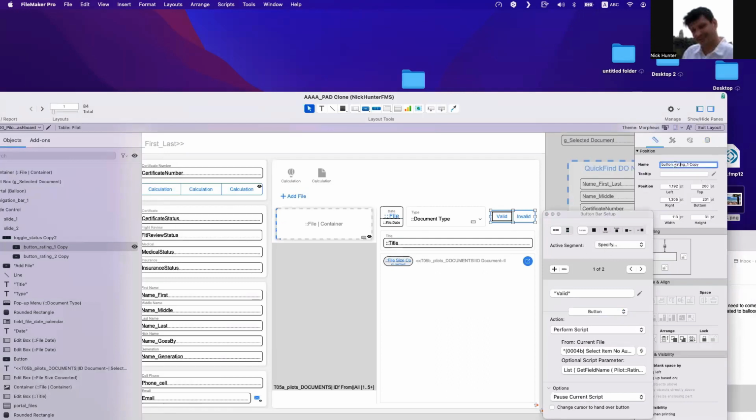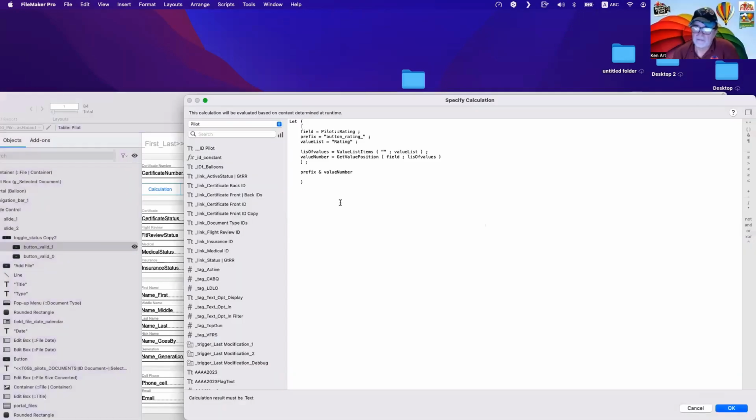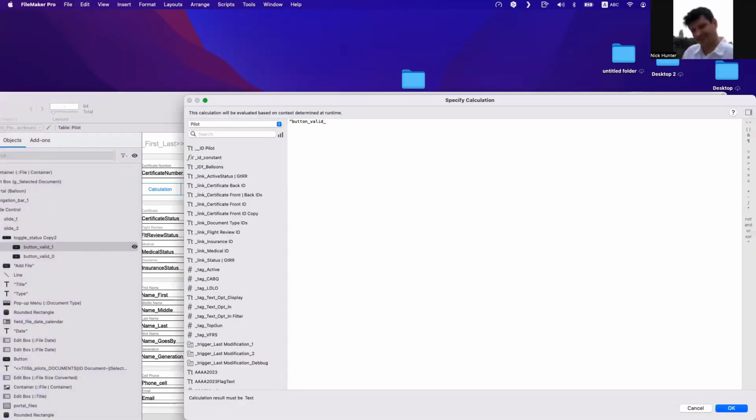First, this is the button valid 1, and the valid 0. So we have two buttons here, and the tag will return 0 or 1. So the validation will be this and whatever the T05B